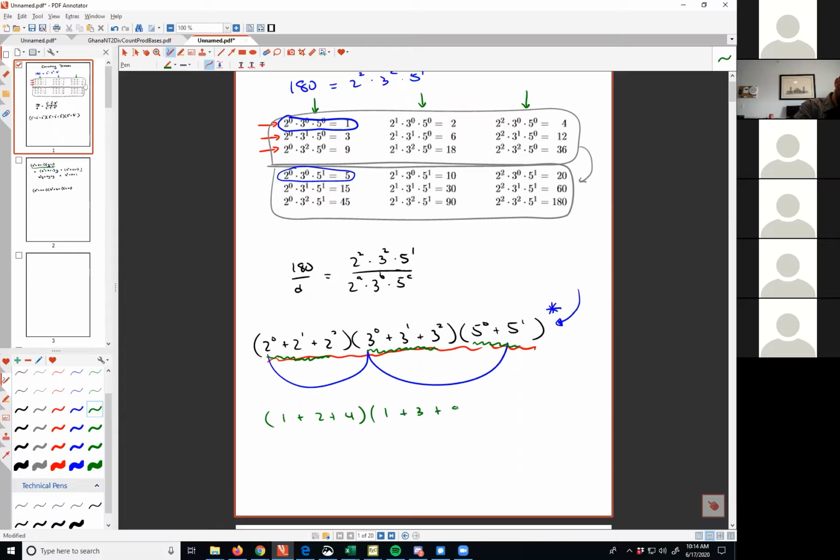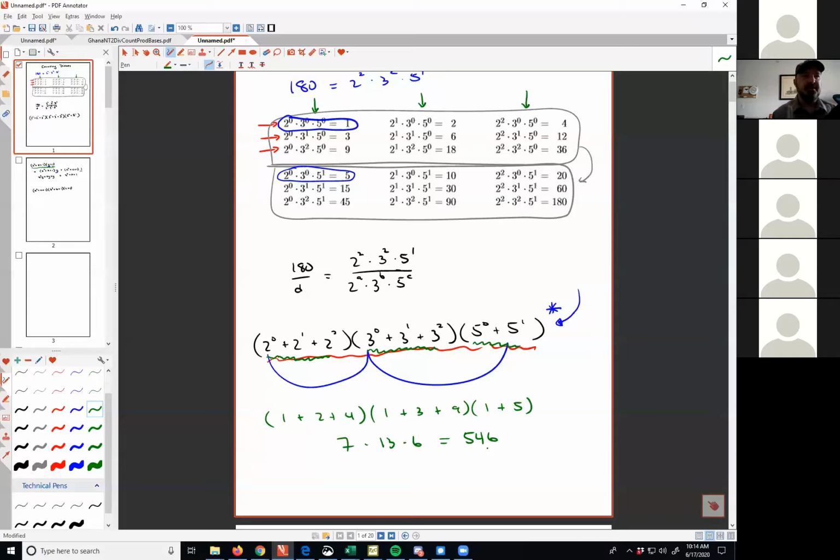And then 5 to the 0 plus 5 to the first? 6. Somebody want to compute that for me? 546. 7 times 13 is 91, and 91 times 6 is